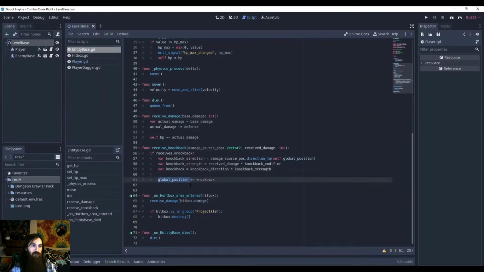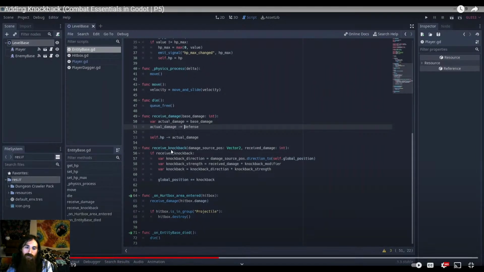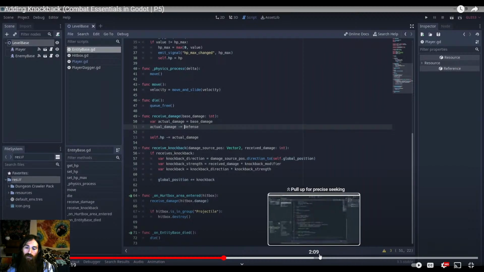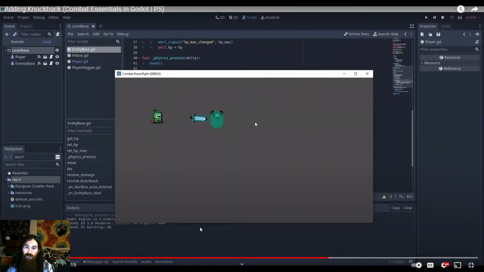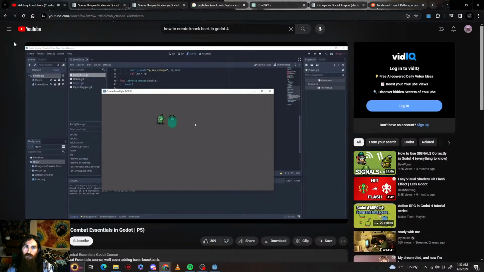And now we can use it in our hurtbox area entered method. However, there is a problem. The actual damage is being calculated in the function receive damage, but this function does not have access to the hitbox. As you can see, the enemy is moving slightly, and well,